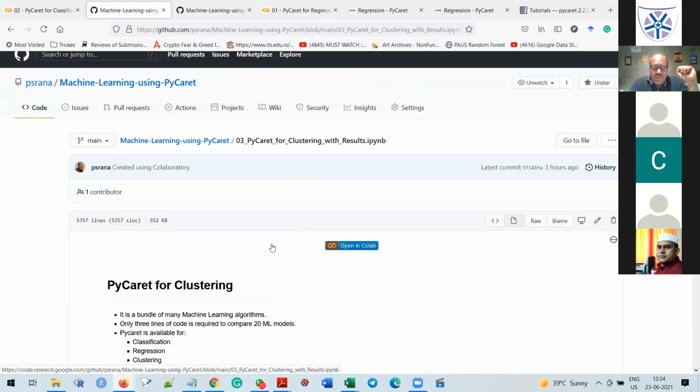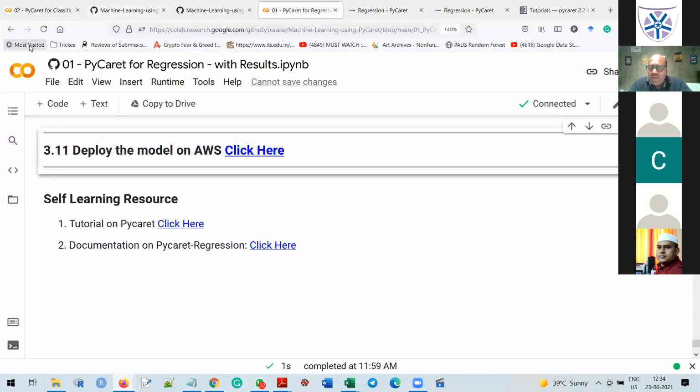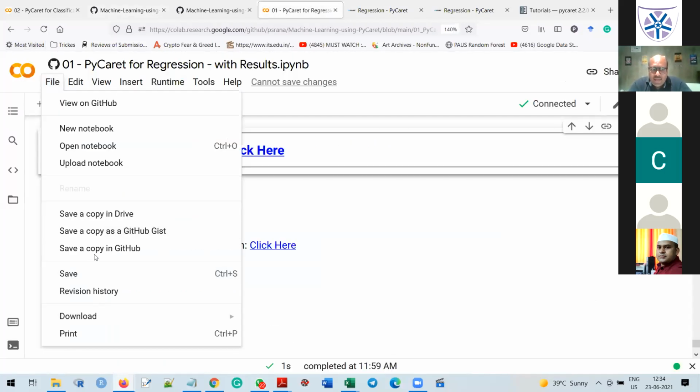Now I want to share one important thing with you. If you just upload your notebook to GitHub, you will not find this button to open in Google Colab. This is for your kind information. Whenever you are dealing with students, try to build your own notebooks in Google Colab. There is a function in Google Colab: go to file and save a copy in GitHub.